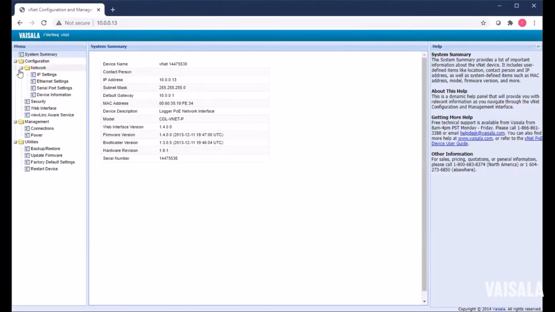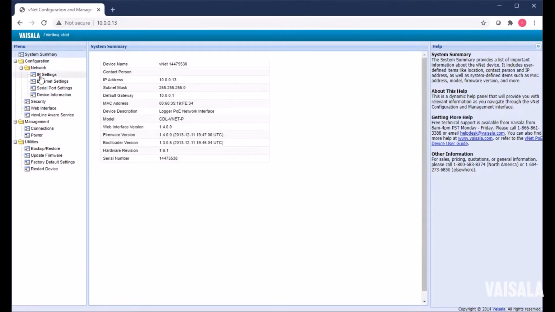The first thing you see here is the system summary. It tells you what the device name is, and it's VNet, and this is the serial number. This will tell you the IP address. This is all the information that's coming to you from your DHCP server, along with the MAC address. And it will also tell you what the model number is and the version. And of course, down here at the bottom, it will tell you what the serial number is again. You're always going to see the device name unless you modify it. It should be the same.